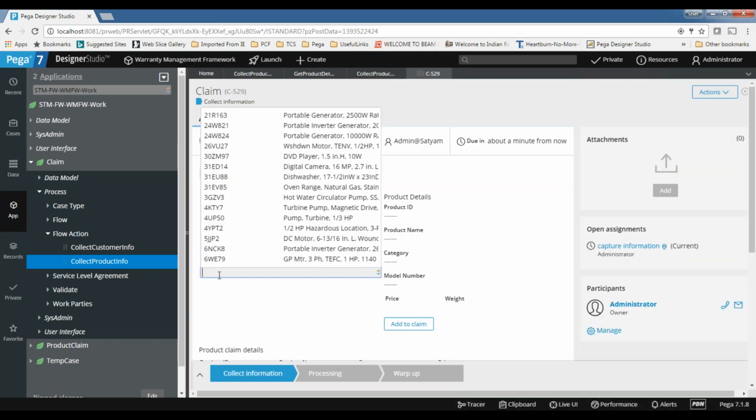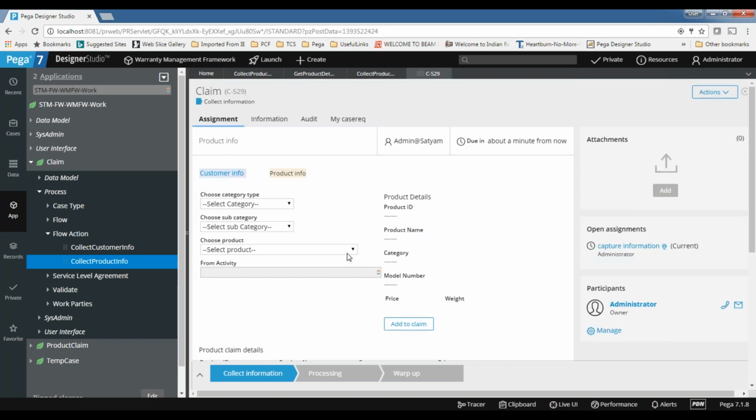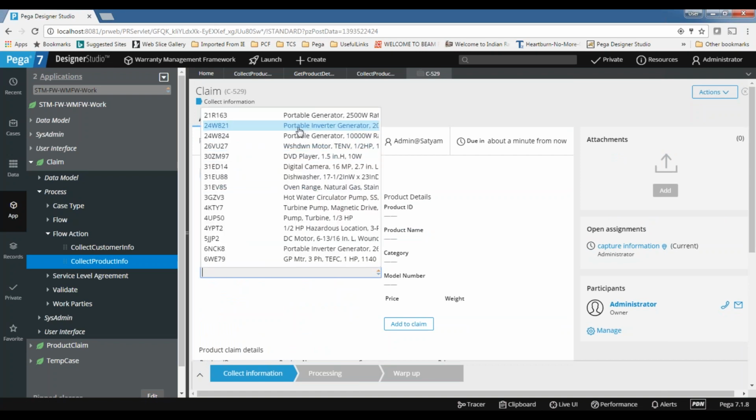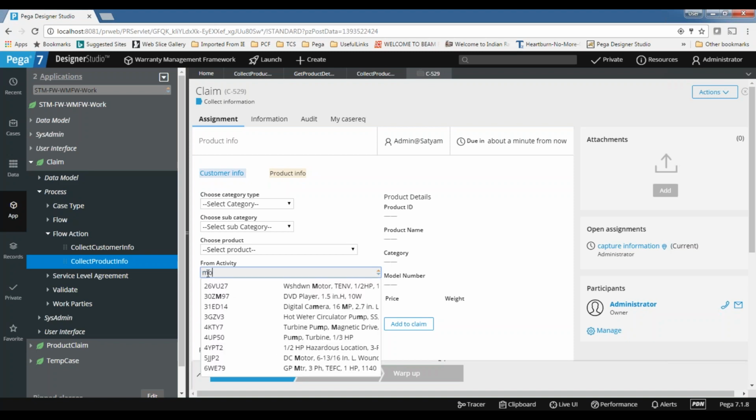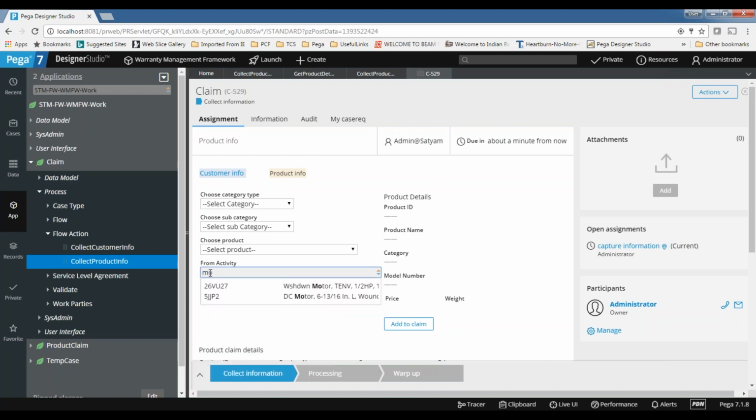Just click the down arrow. You can see all the products are coming. Whatever products are there, all products are coming. Here we're displaying both product ID and product name as well. We give suggestions as well. So if we say motor, whatever the motor is, it will give you suggestions, something like this.